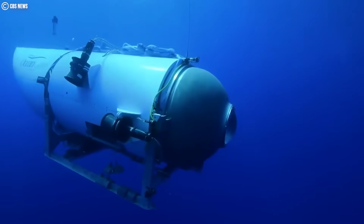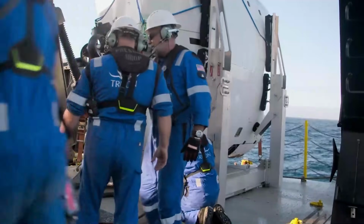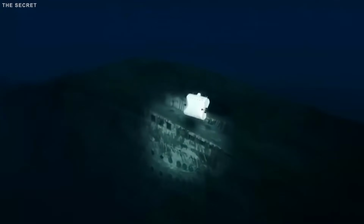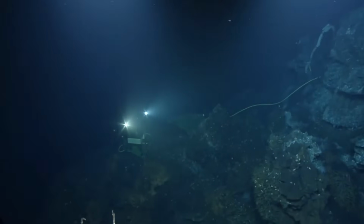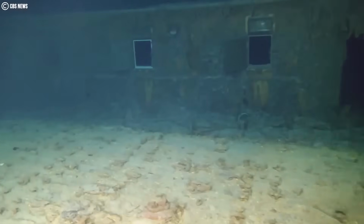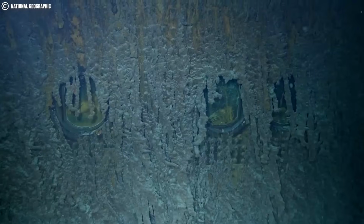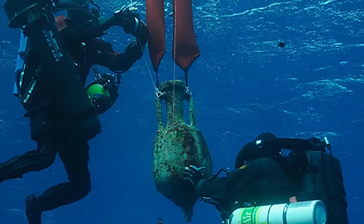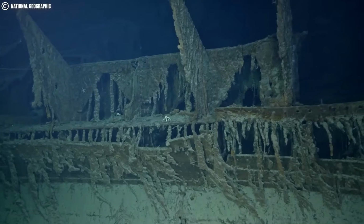At this depth, there is no light at all. Total, permanent darkness. The drone carries a bank of high-output LED panels capable of throwing a beam of pure white light more than 100 feet, cutting through water that has never once seen the sun. But brighter isn't automatically better down here. If the lights are angled or